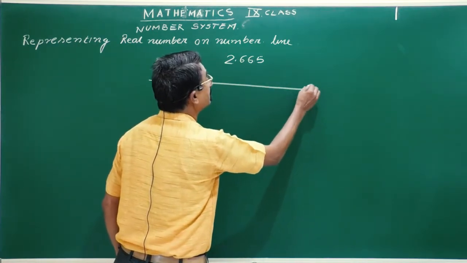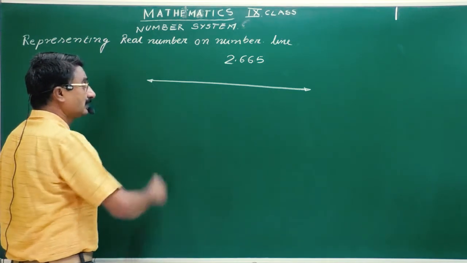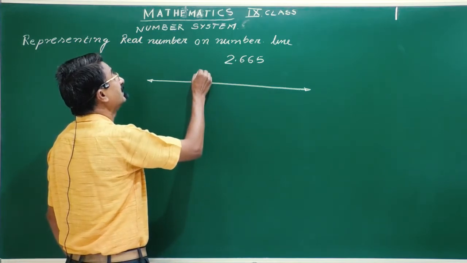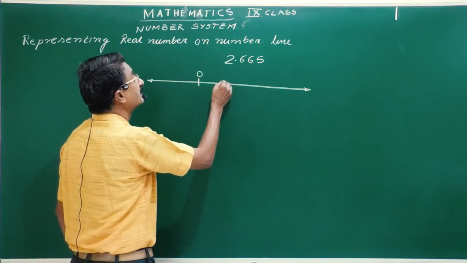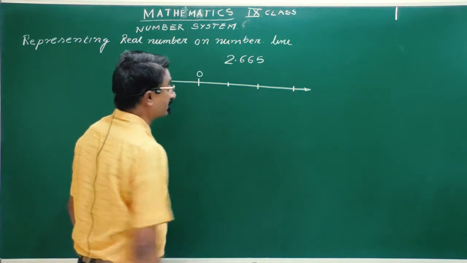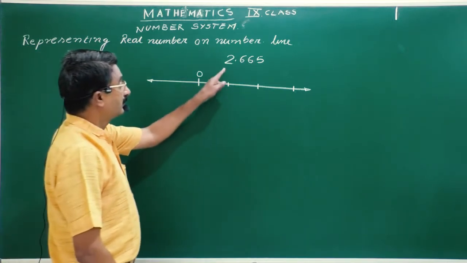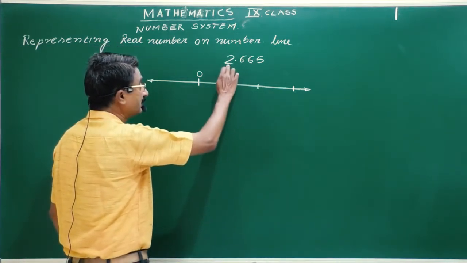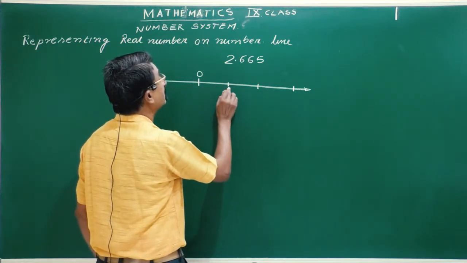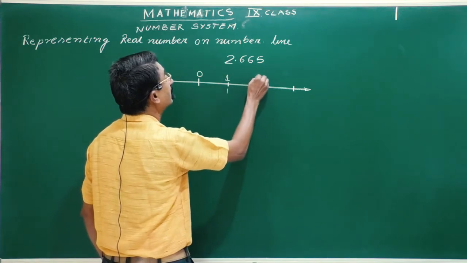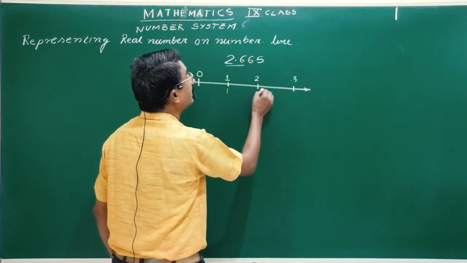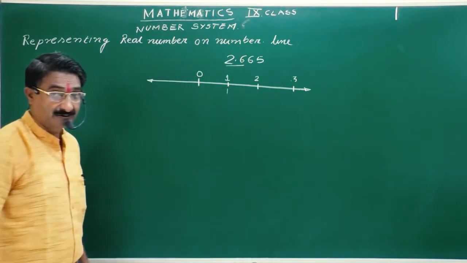सबसे पहले हमको स्केल की जैसे हम मार्किंग करते हैं ठीक वैसे ही I will mark 0, not in the center because we want to draw here on this side. So say this is 0, this is 1, this is 2, this is 3. I will take only these two numbers, 2.6. So definitely this will lie between 2 and 3. This is very well known to you.